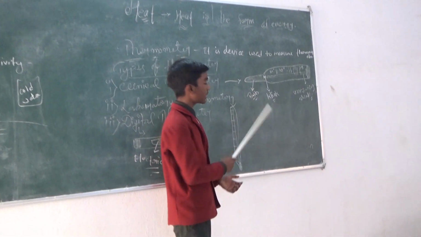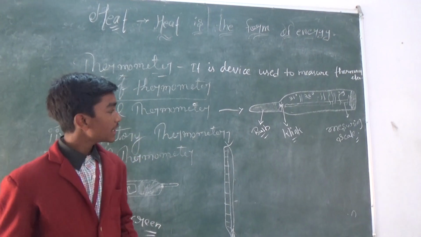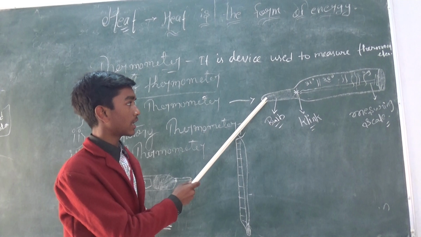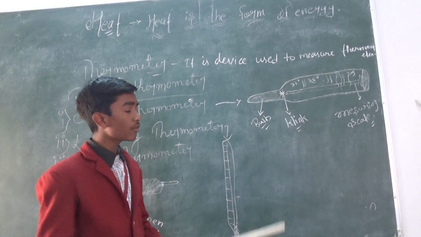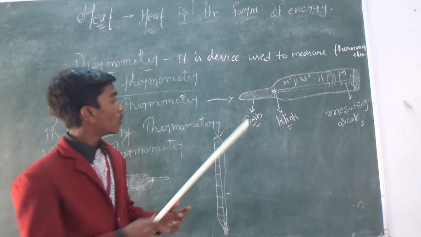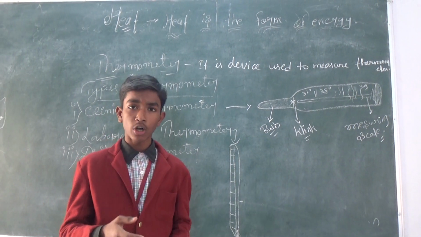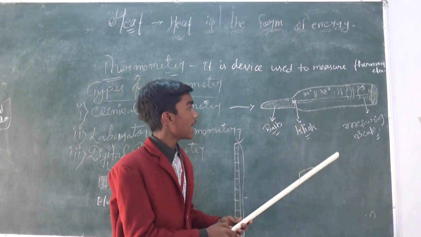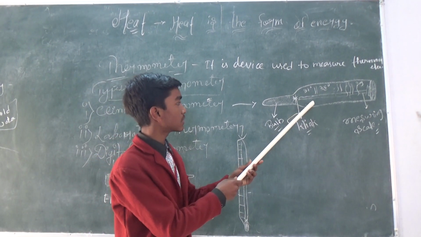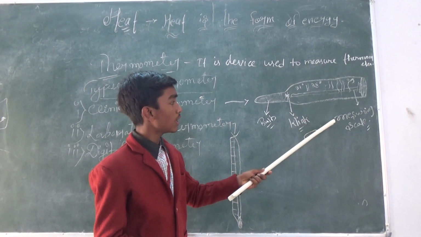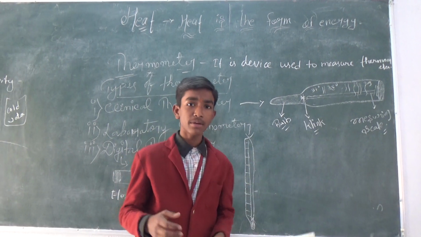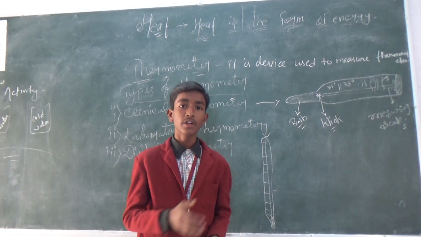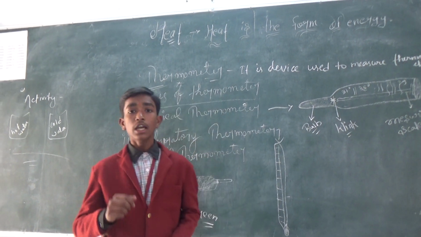The clinical thermometer is fully made of glass. It has a bulb at one end. The bulb contains mercury. It has a kink. The work of the kink is like a gate. When the bulb touches a human body, the kink allows the mercury to pass, and outside the kink a small shining thread called the measuring scale is present, on which the temperature can be seen. So that is the function and structure of the clinical thermometer.